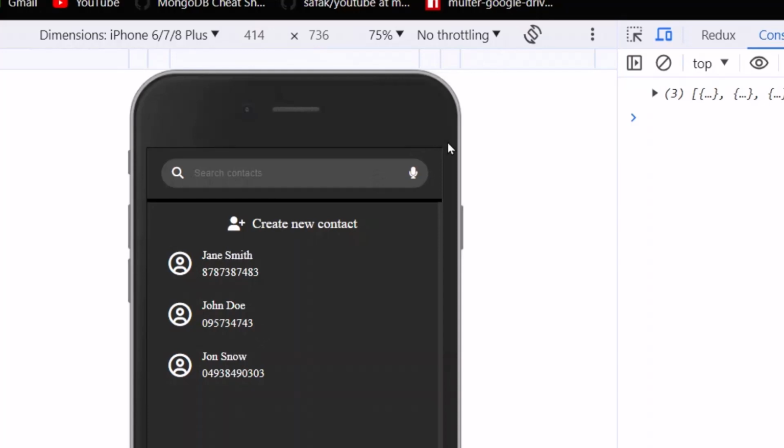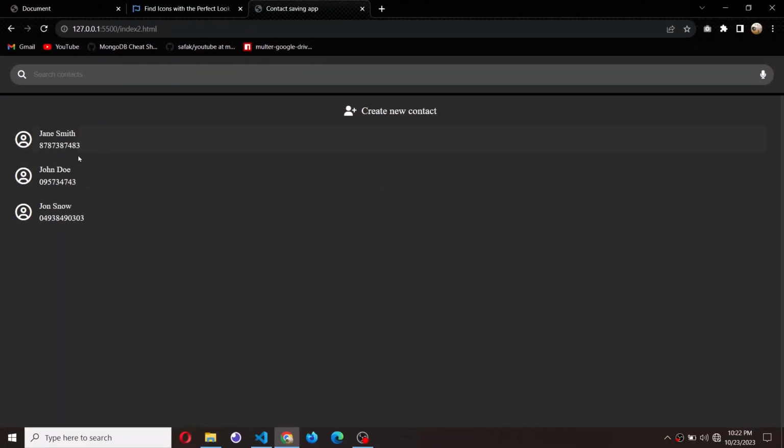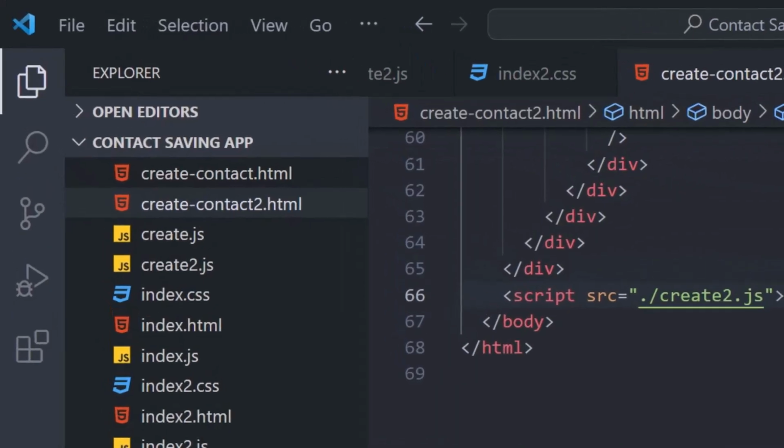Now if you are wondering why I have this beautiful iPhone layout here, I had a video on how to make the best use of your Chrome browser, but in case you didn't watch it, go check it out and learn how to do it. Now let's also see it on full screen. It looks pretty awesome. Now let's quickly add the search functionality so that we can call it a day,